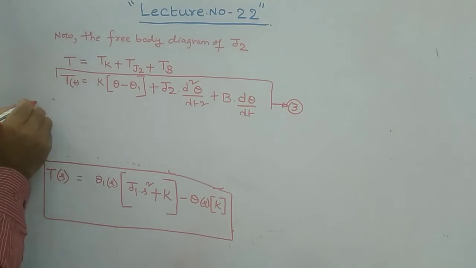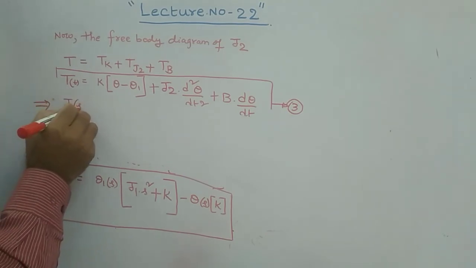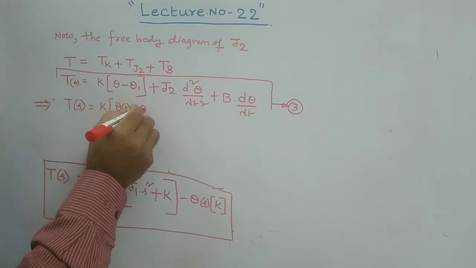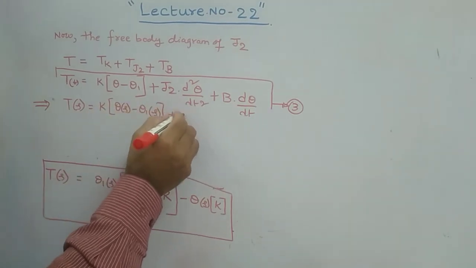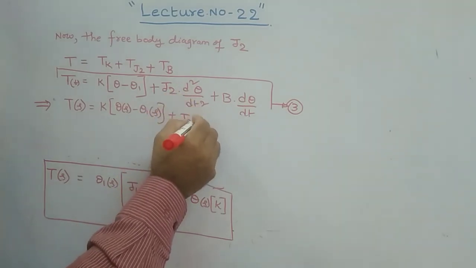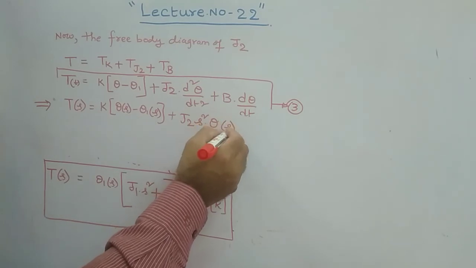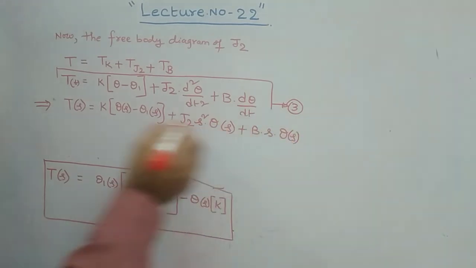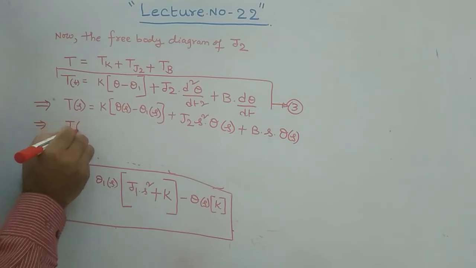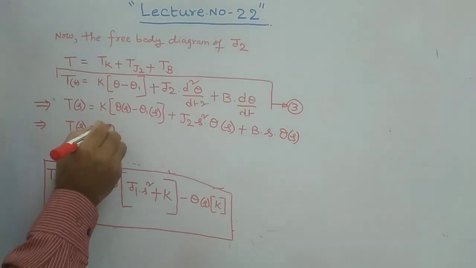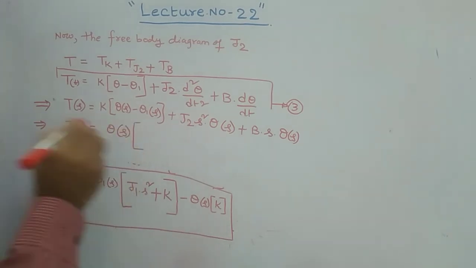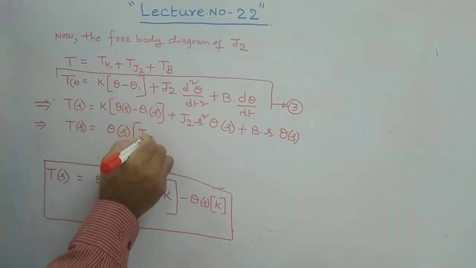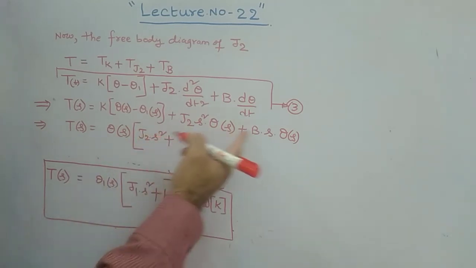Now if you apply the Laplace transformation to this, then what you will have is T of S equal to K into (theta of S minus theta 1 of S) plus J2, it is a second derivative, therefore you will have S square into theta of S, plus B into the first derivative, S, you will have theta of S. This implies we can write T of S is equal to, you can take theta of S as common, starting from the second order, I mean the S square term, then it is J2 S square plus B into S,